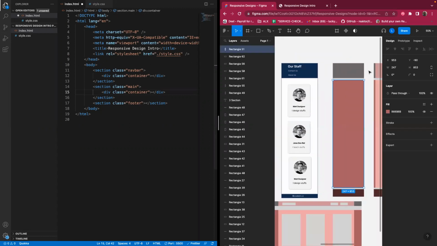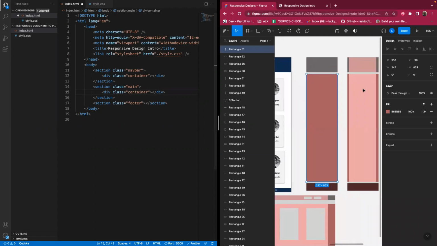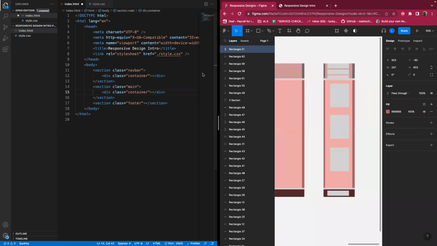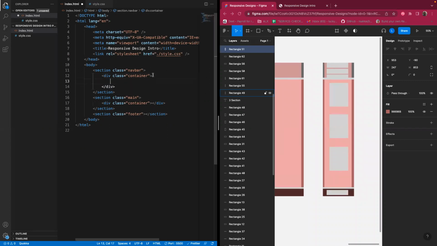So the third part now is the navbar, where we're adding the content. That is step 3. So what are we doing? We're adding